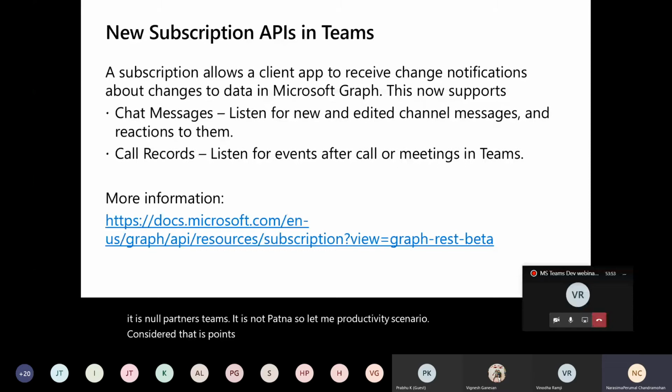Immediately he goes and deletes or edits the message. If he edits or deletes that message, there is no way for his teacher or the supervisor to know what the original message was, whether he posted the offensive message or not.